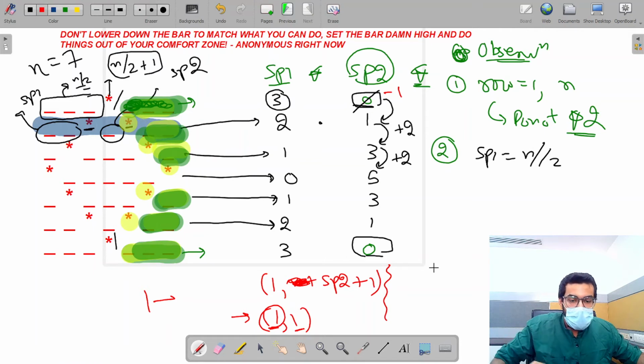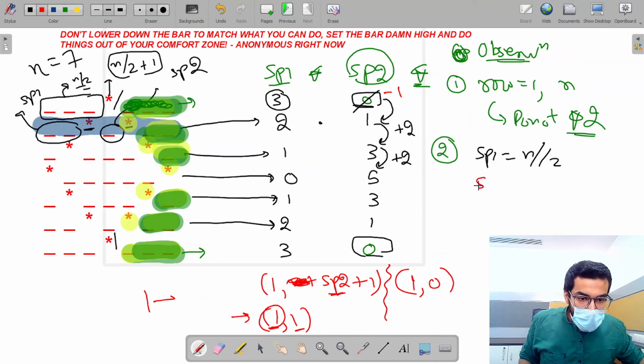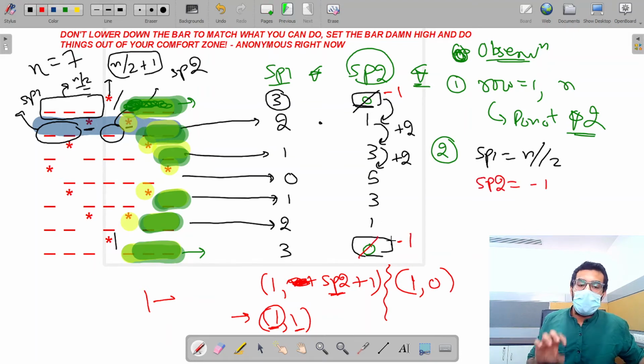So instead of this, I could have used -1 as well, because even then nothing will be printed in the first iteration. See over here, when this is -1 it becomes 0: 1 till 0, start from 1 and end before 0, nothing will be printed. Obviously, this is but obvious.